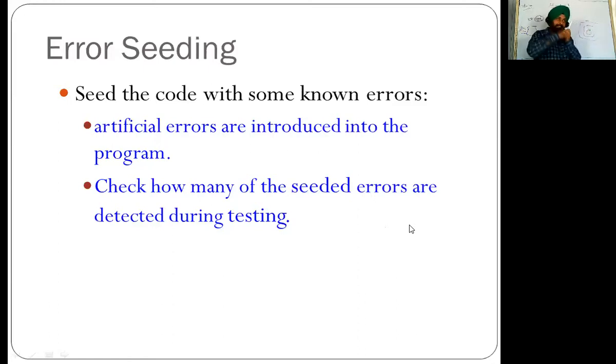It means whatever test suites you have used earlier for different types of testing, these test suites are not right. You have to change your test suite, because if you have deliberately put an error in your code, it must get detected. And if it is not being detected, then there is definitely a fault in your test suite and test cases. So you have to look again at your test cases and test suite. That is known as error seeding. Those errors are known to you, that you are seeding in your code.